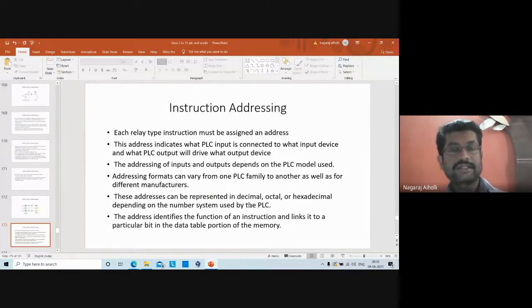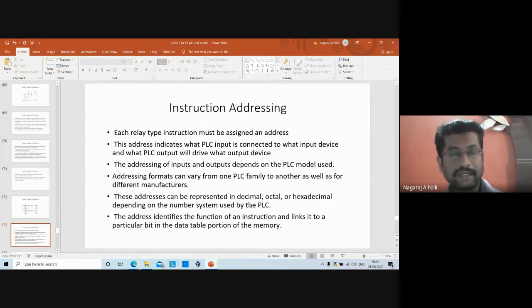Instruction address means the address of the instruction. The address identifies the function of the instruction, it indicates what is the function of the instruction. It also establishes connectivity between the instruction and the bit status which is stored in the PLC memory.